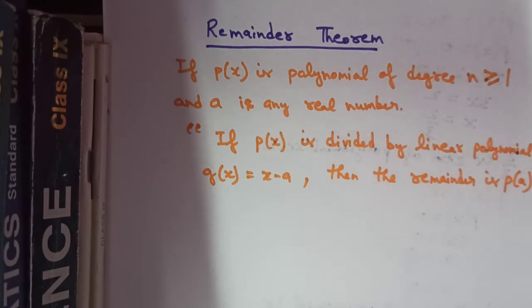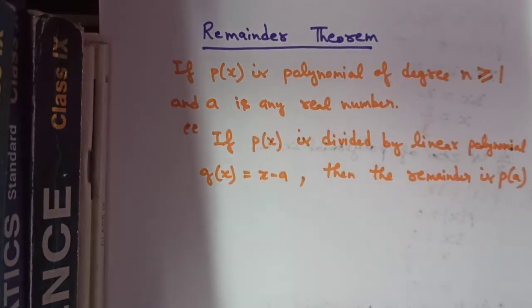polynomial of degree 1, that is it should be either a linear polynomial, or the degree of the polynomial should be more than 1, that means linear polynomial, quadratic polynomial, cubic polynomial, or any other polynomial. But it cannot be a constant polynomial or it cannot be a zero polynomial. I hope that is clear now. Okay, I have already told you in my previous lectures about the constant and zero polynomials.